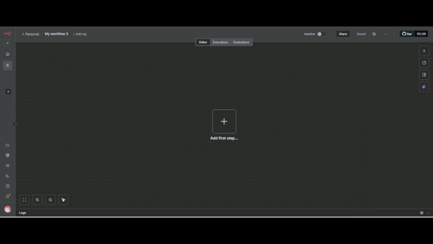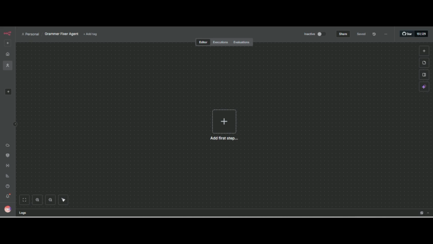So first, you create a workflow, and now I am in the workflow canvas. First I give the name grammar fixer agent. Now it is saved, and then I will add my trigger.